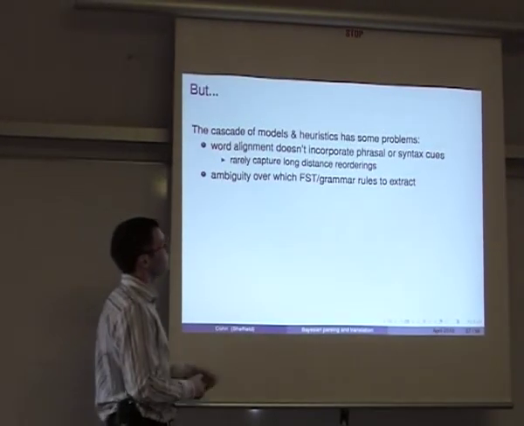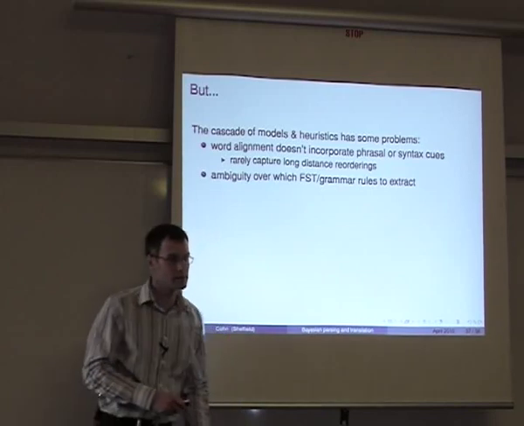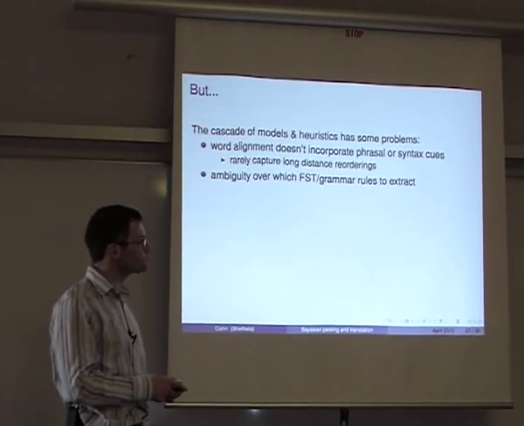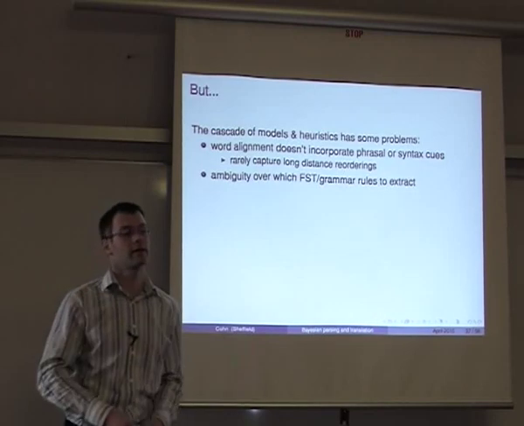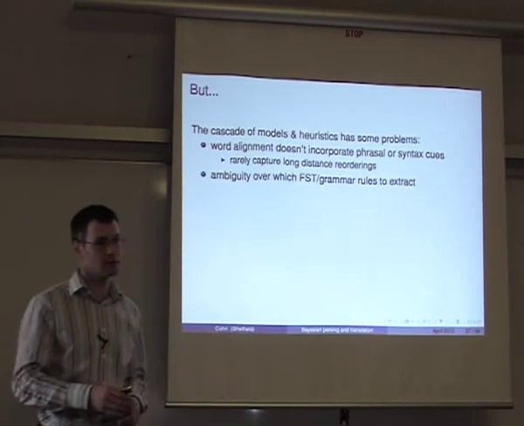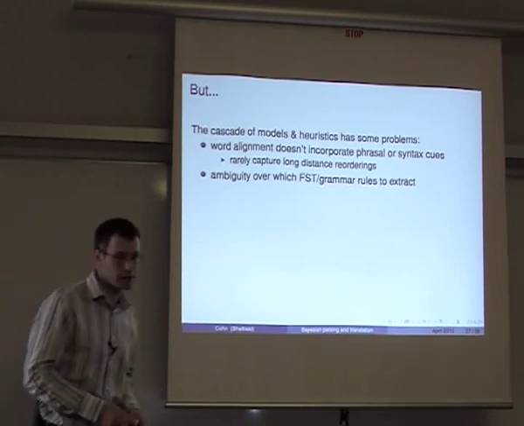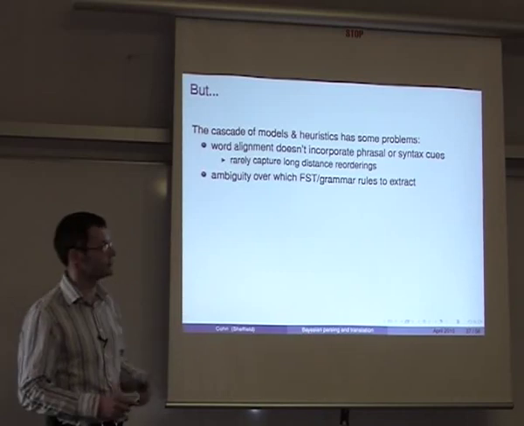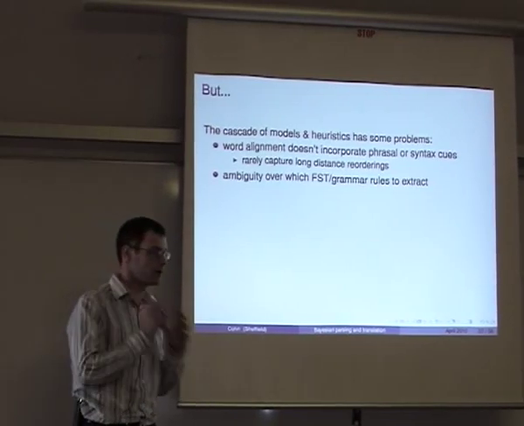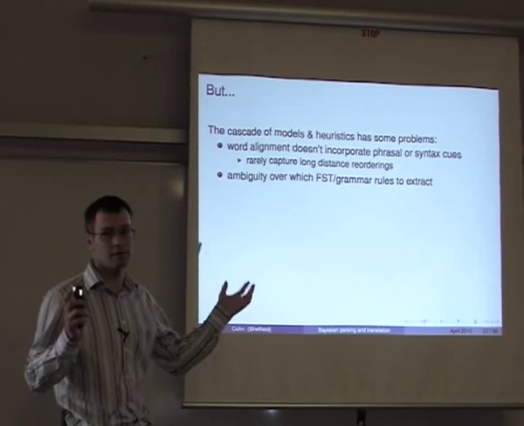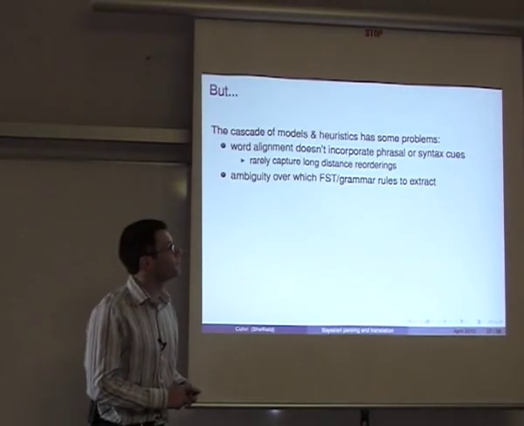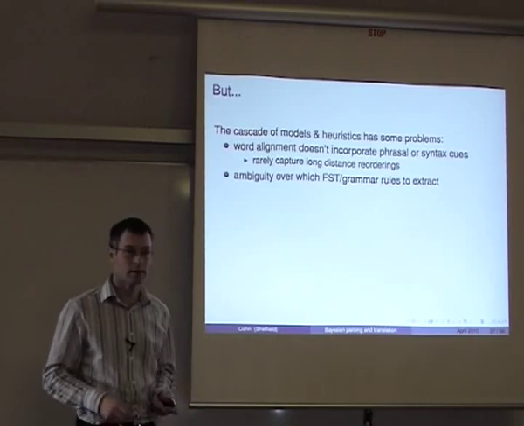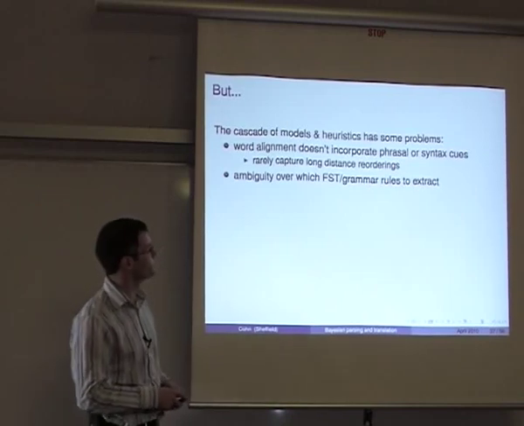And in particular, things like long-distance reorderings that you often see, especially for German, English, and other language pairs. And if your alignment doesn't have that in it, then you're not going to learn a model that can do these long-distance reorderings, so your model is going to get nowhere with this kind of phenomena. And I think there are quite a few phenomena that the word alignment models just are completely incapable of finding. Idioms are another one, for instance. And so machine translation models are just absolutely pathetic at modeling this kind of data.